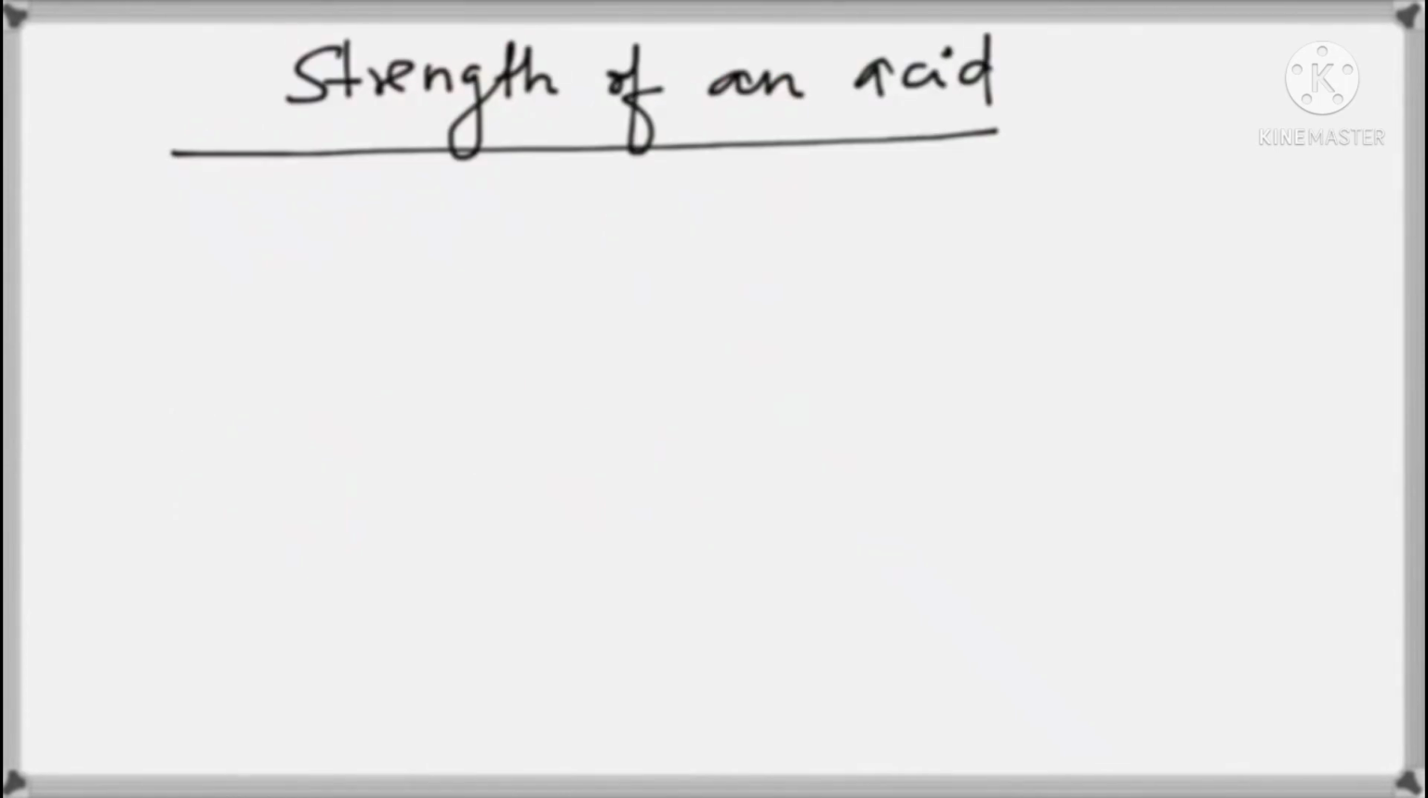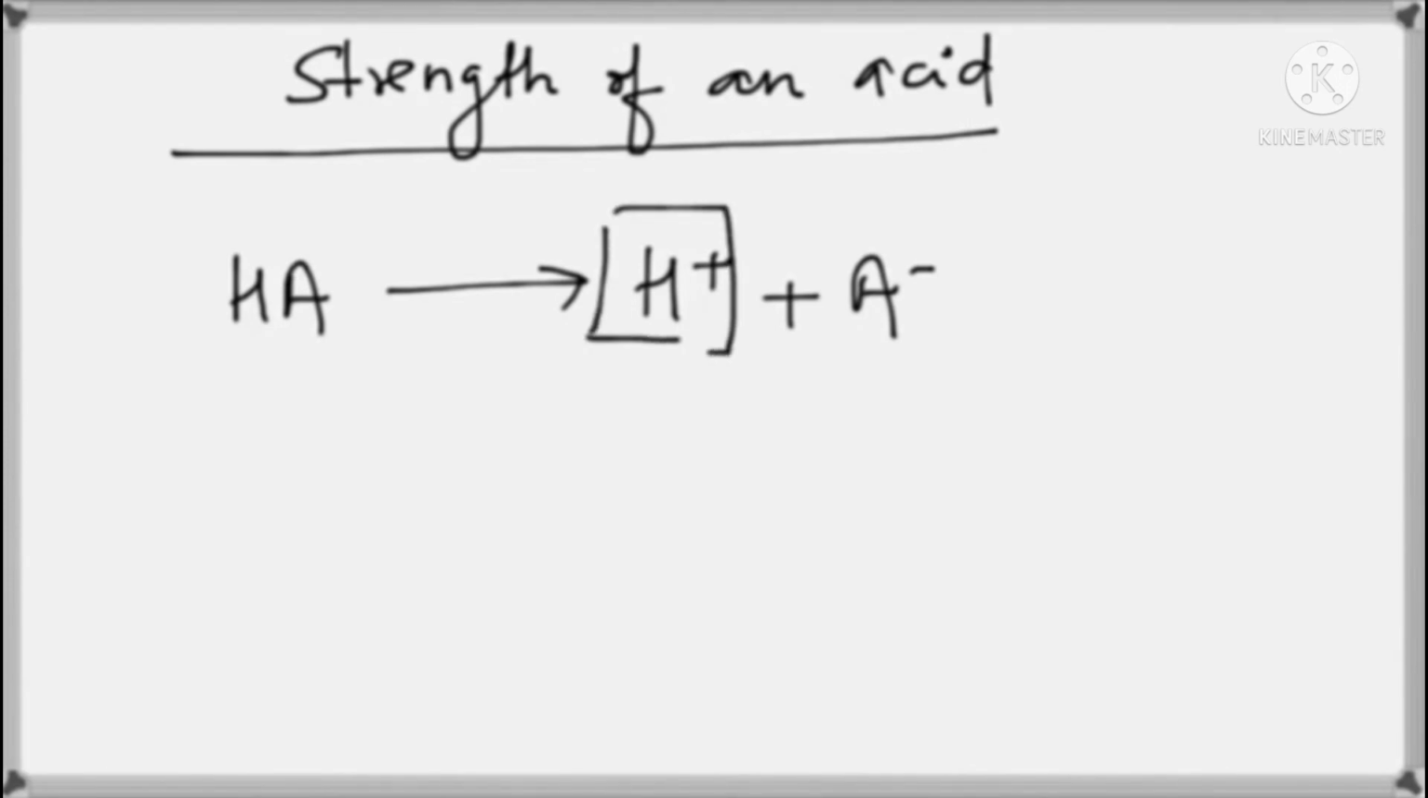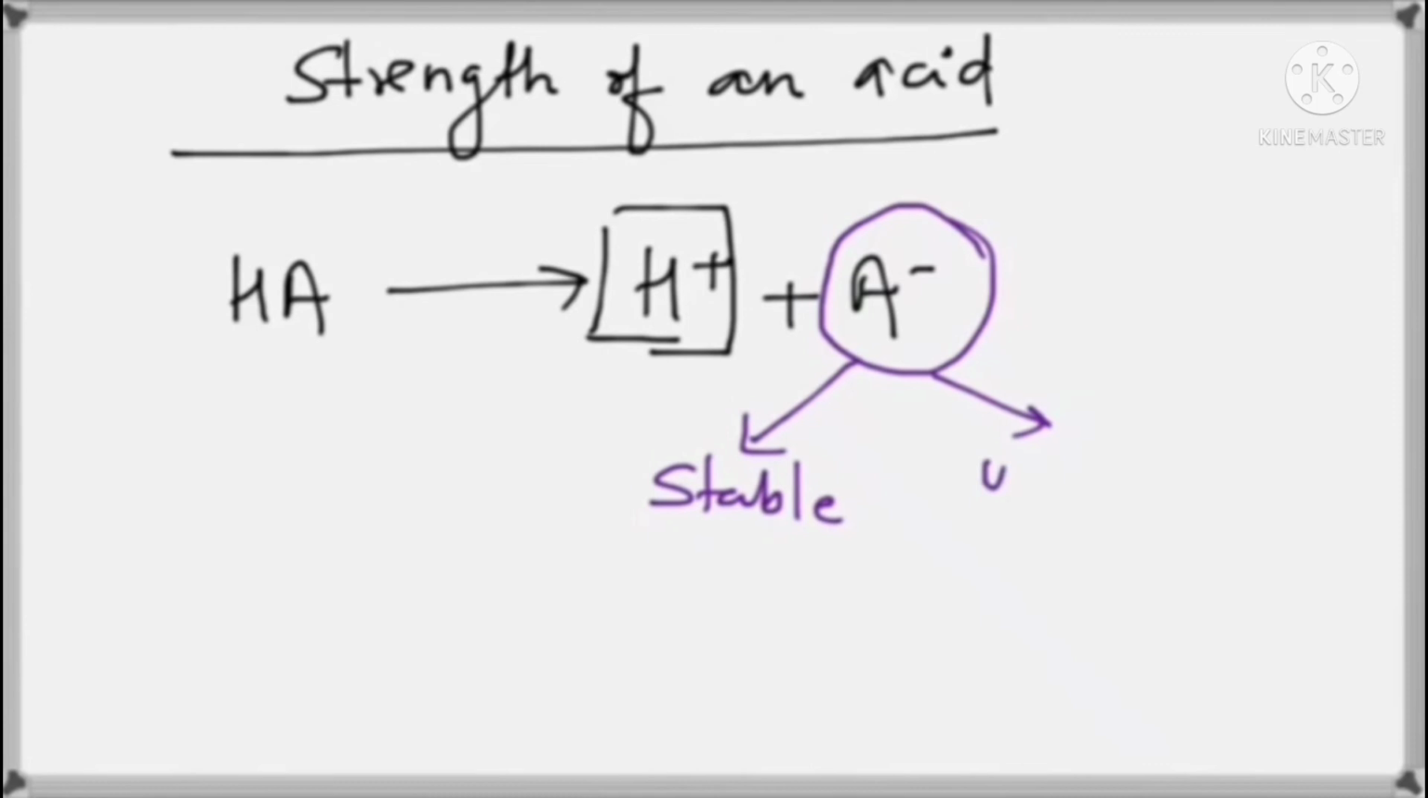So how do we decide the strength of an acid? Let's go back to that example, and we have HA, which gives us H plus and A minus. Now if this acid is strong, it will form a lot of H plus, and if it is weak, it will form less H plus. So whether it is a strong acid or not actually depends on its conjugate base. Now this A minus can be stable or unstable,